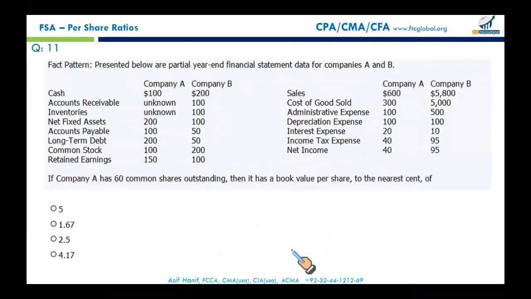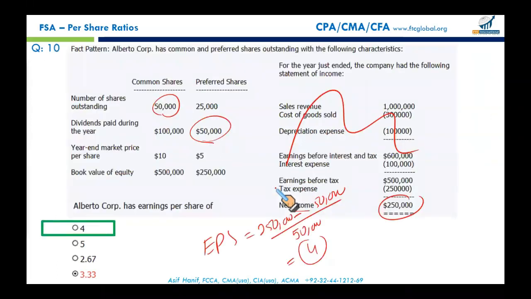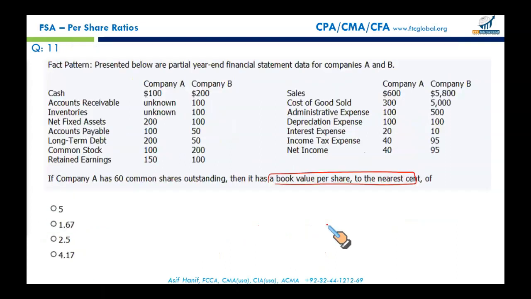Next, apparently a big question, a difficult question. I always recommend whenever you face a difficult, draconian question, read the requirement and you will know exactly what you need to do. See, in the previous question, earning per share means I just need this number, nothing else, and from these two, and that's all. So do the same thing here. Book value per share is equal to the equity divided by the number of shares. Simple.